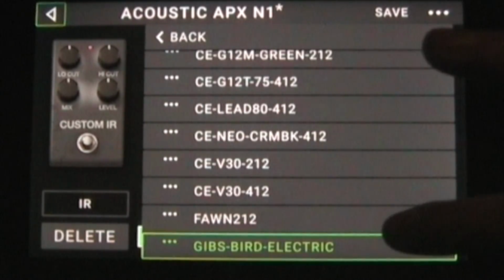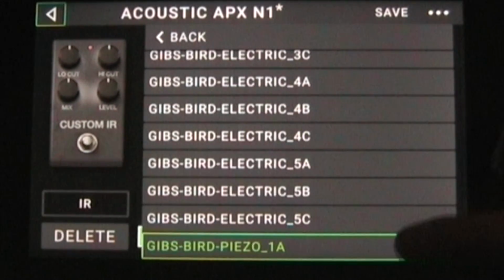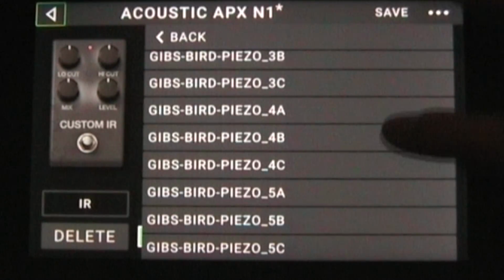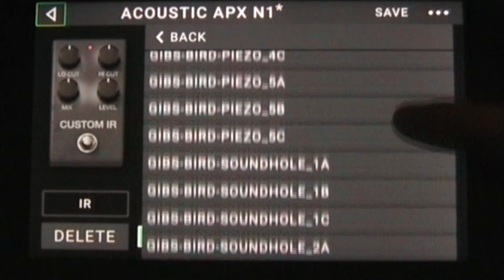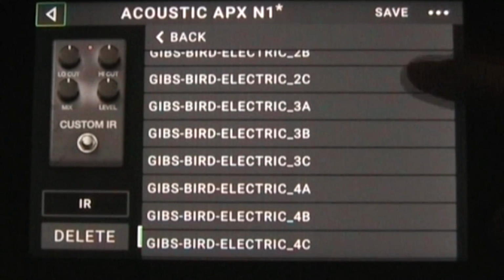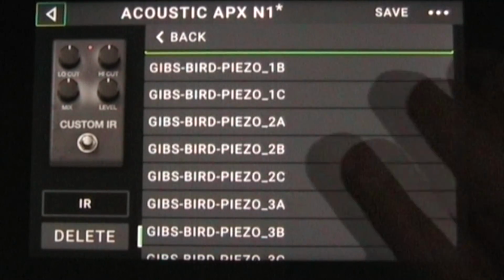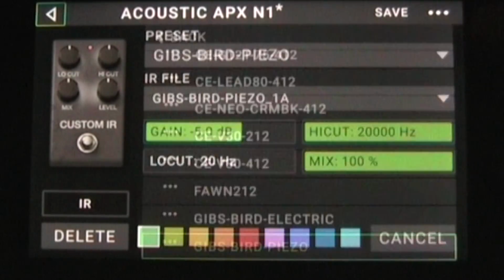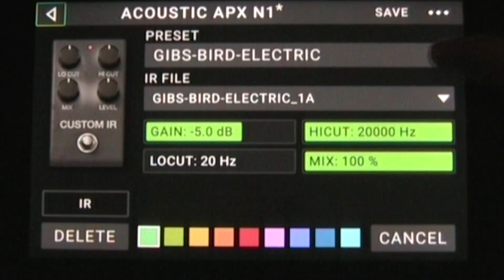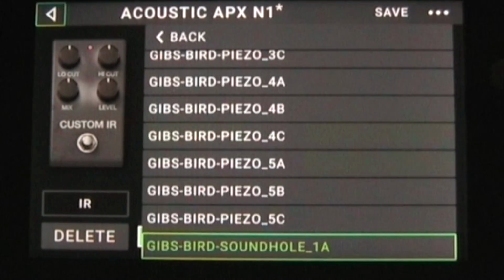So we can go to piezo and we'll show the piezo, and we can see that the groups are divided according to the name of the preset. So if you want to step from electric to sound hole, we can go on electric, then there is electric IR file, or maybe go into sound hole, and the first sound hole is here, and the list is